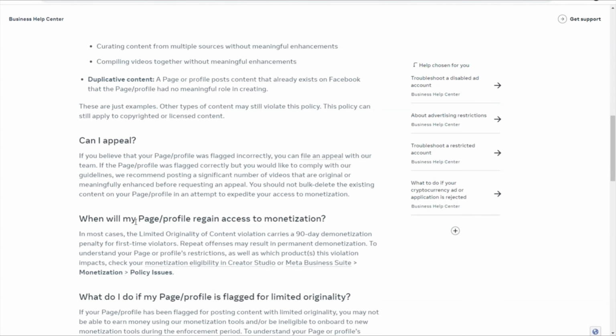So the next question is, when will my page or profile regain access to monetization? In most cases, a limited originality of content violation carries a 90-day demonetization penalty for first-time violators. Repeat offenses may result in permanent demonetization. So what Facebook means is that once you are flagged for limited originality of content, it takes 90 days for them to remove you from there. If they remove you and you keep repeating the same thing, they will permanently demonetize your page, which means that your page